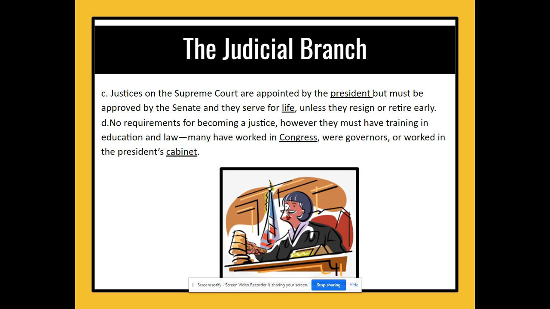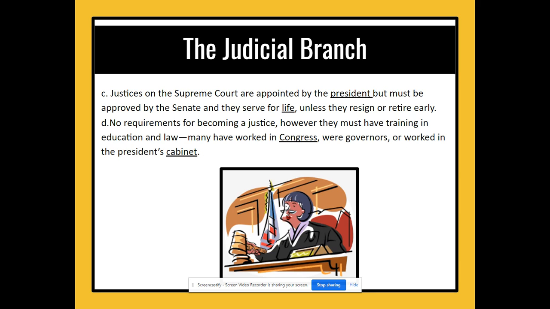of the picture. The justices on the Supreme Court are appointed by the president, but they must be approved by the Senate, and they can serve for life. So unless they resign or retire, there is no limit to their term as a Supreme Court justice. There are no requirements for becoming a justice. However, they have to have at least some training and education in law. Many of them have come from political backgrounds. Many have worked in Congress, were governors of their states, or they worked closely with the president in his cabinet